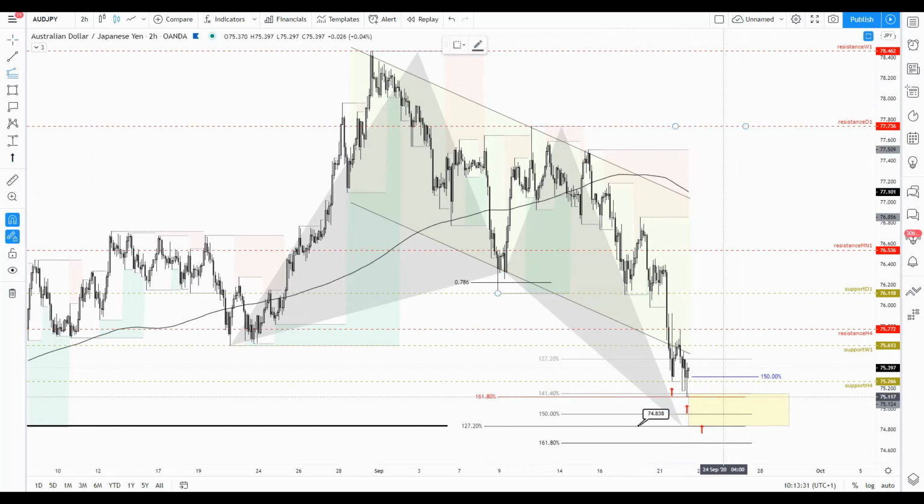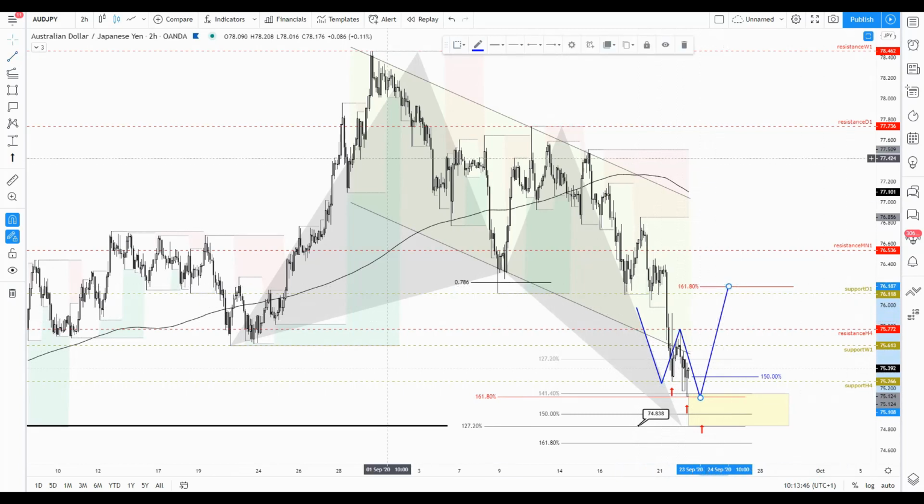And as I said before, a false breakout should be followed by the 161.8 extension, and we will search for the shark pattern projected at the daily fractal. So basically a retest of that fractal support,